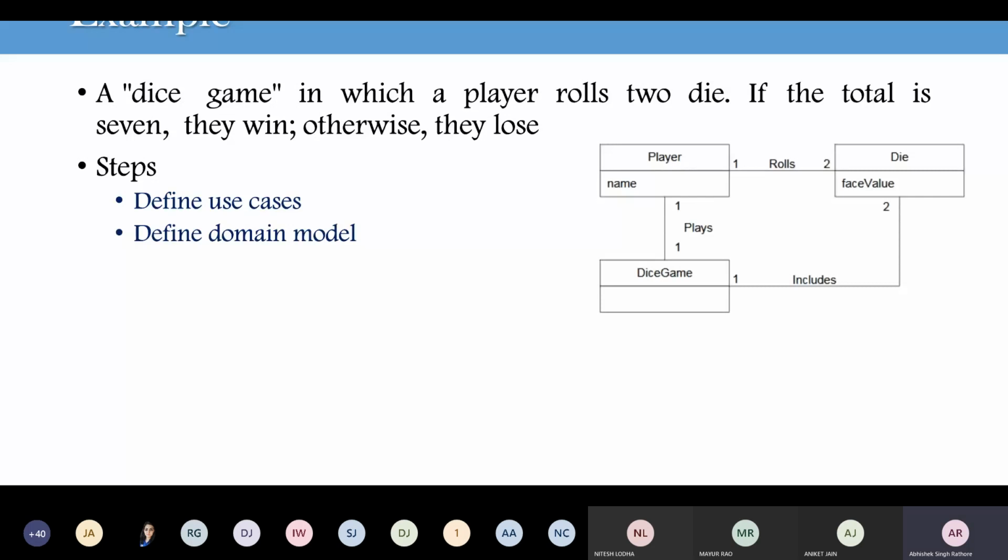So for our system, play a dice game: a player picks up and rolls the dice. If the dice face value is 7, then they win, otherwise they lose.